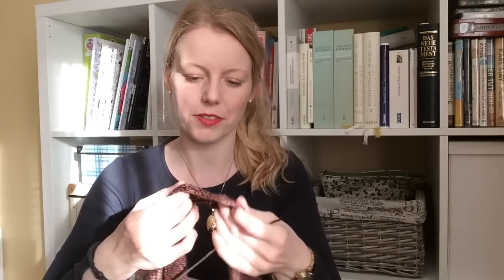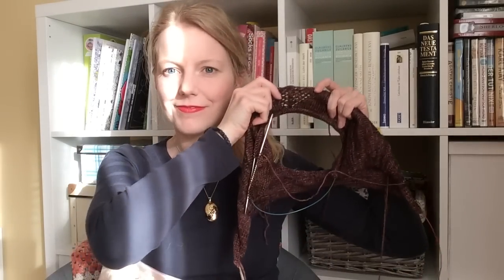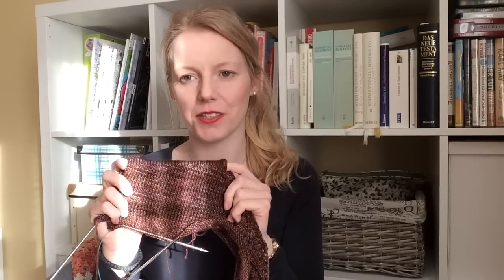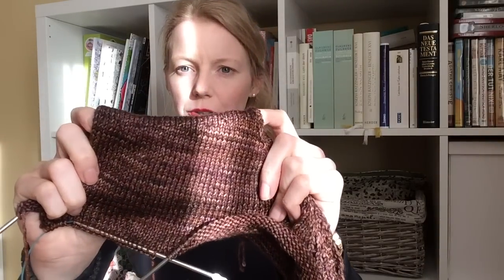Oh, that smells good. Okay, I tried to show you the one pattern part you have, and the rest is simply stockinette. It's this. Yeah. That's all. The rest of it is stockinette, so it's not a big problem. I really like, in the slide you can see the colors perfectly. I really like this yarn. It's Malabrigo Arroyo Choco. And when you hear Choco,